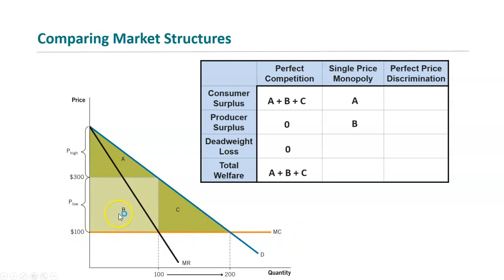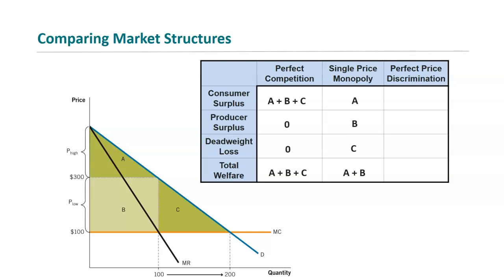What about deadweight loss? If it's a monopolist who charges a single price, then they will stop transactions here at 100. That's not efficient because remember, if this were a perfectly competitive market, we would still have this many more transactions occurring. This, area C, is deadweight loss. These are transactions that could have occurred but aren't occurring because we have a monopolist who's charging a higher price than the market price. Right? Total welfare in this case is consumer surplus plus producer surplus. It's A plus B.